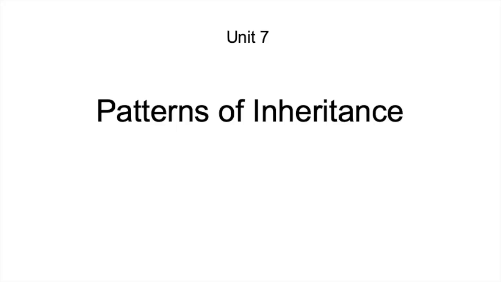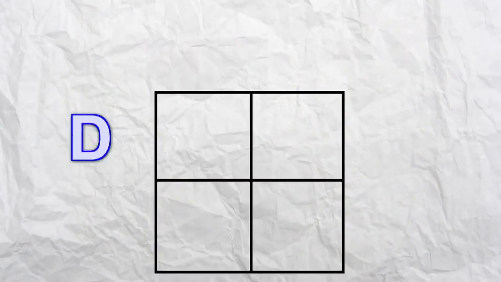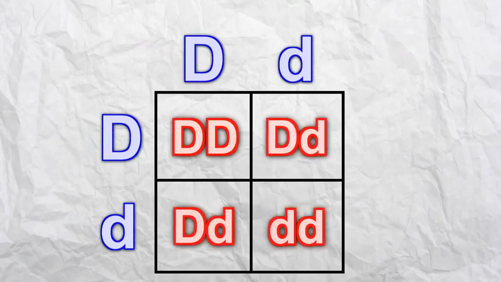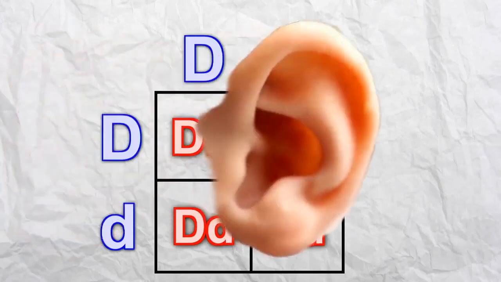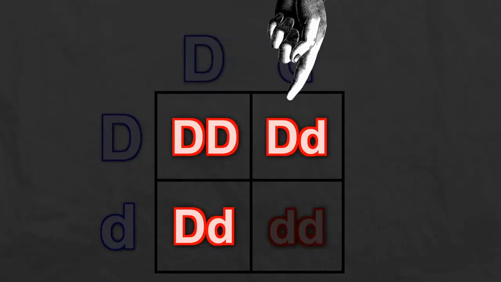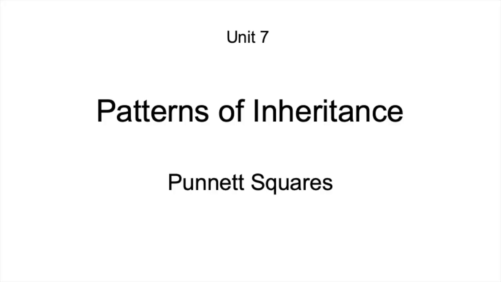And in order to talk about that, we need to use a really cool tool called Punnett Squares. A Punnett Square is a tool we use to take an educated guess. Now, it's not going to tell us what genes you definitely got from your parents or what genes you are definitely going to pass on to your kids. It's going to allow us to take a good guess at which genes you might pass on to your kids. But in order to do that, we need to talk about a few key words, a few key phrases